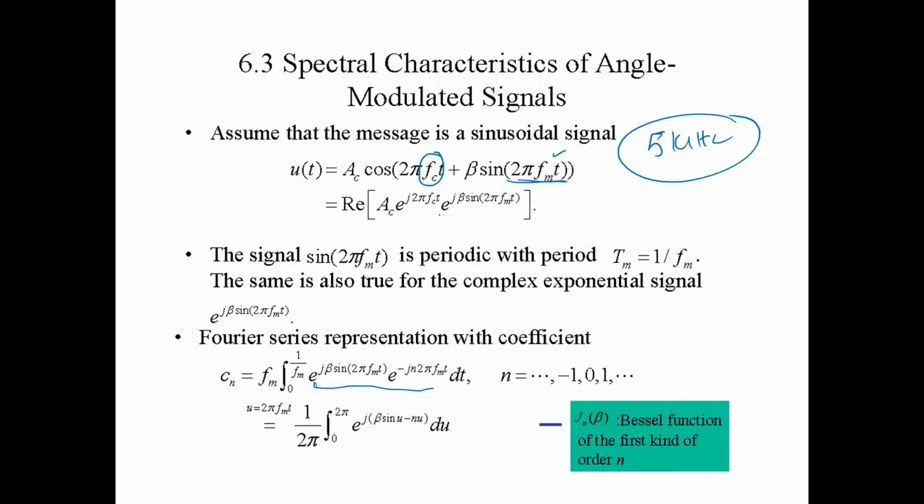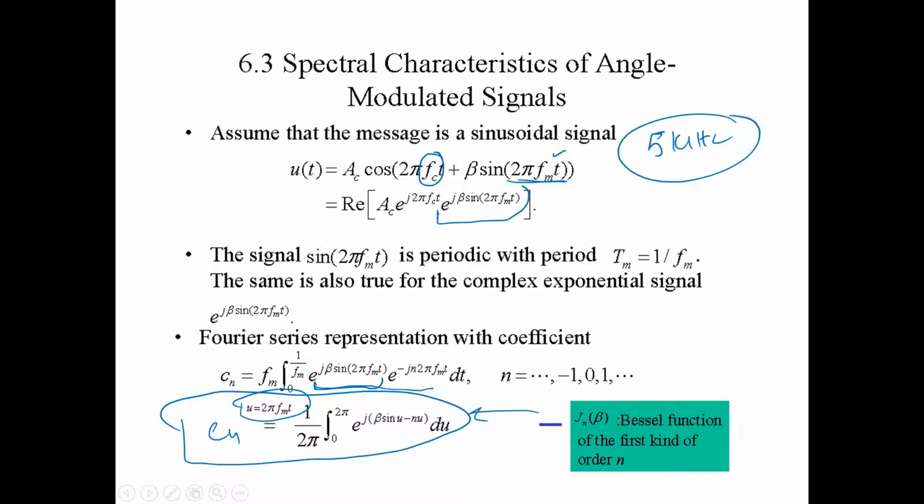So we want to calculate the Fourier coefficient of this component, which will be changing with respect to my message signal. I put that signal here, and if you do some more simplification, putting u equal to 2 pi fm t here, we can simplify this expression to this one. This is basically a Bessel function. We are not going to solve this integration because it is complex. This is just a Bessel function form, so we can write Cn in the Bessel function form. Beta is just your modulation index.